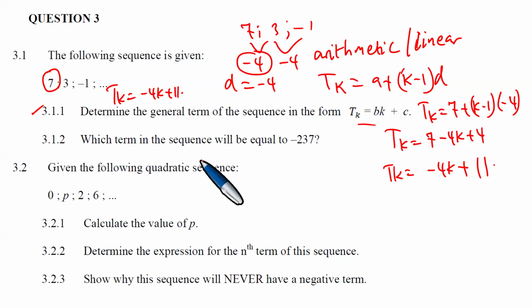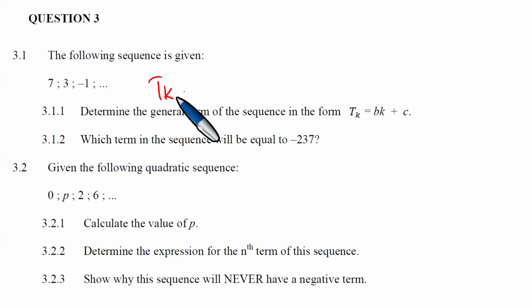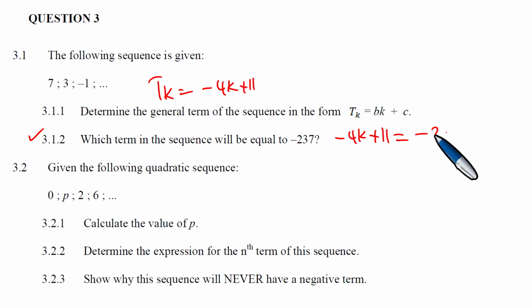Which term in the sequence will be equal to minus 237? What do we do here, and what is the first step? We substitute the value into the tk place. Good, right. So we know that our tk is actually minus 4k plus 11. If they say which term in the sequence will equal to that, then we say minus 4k plus 11 equals minus 237, which means minus 4k is minus 237 minus 11, which means we have minus